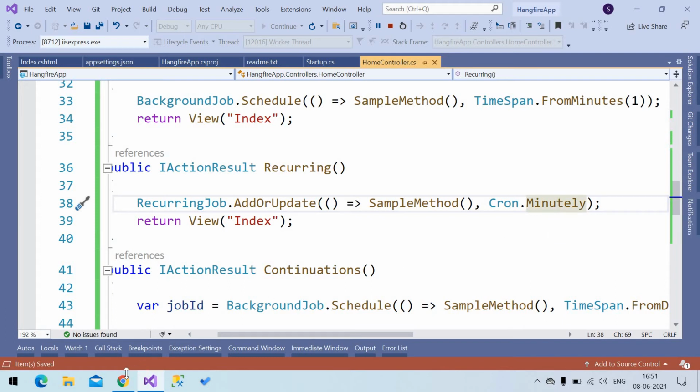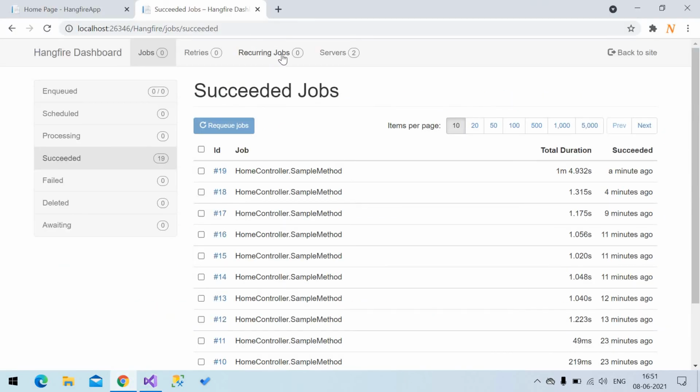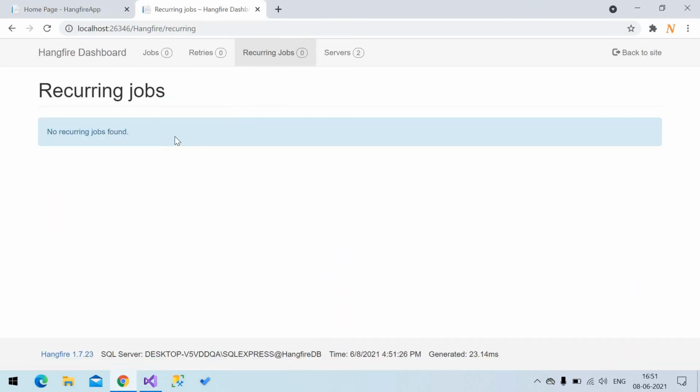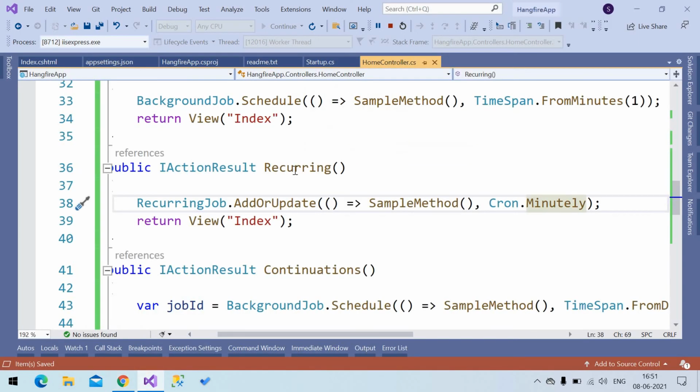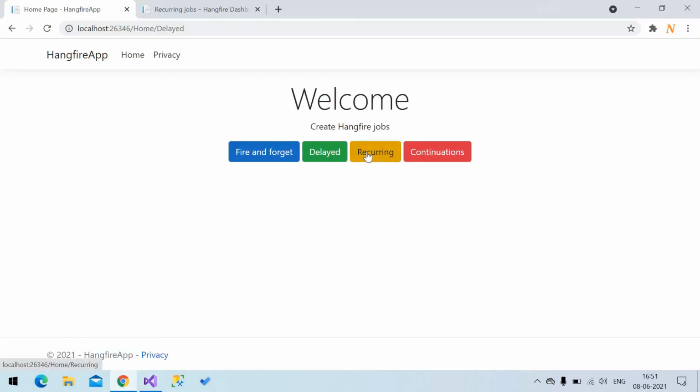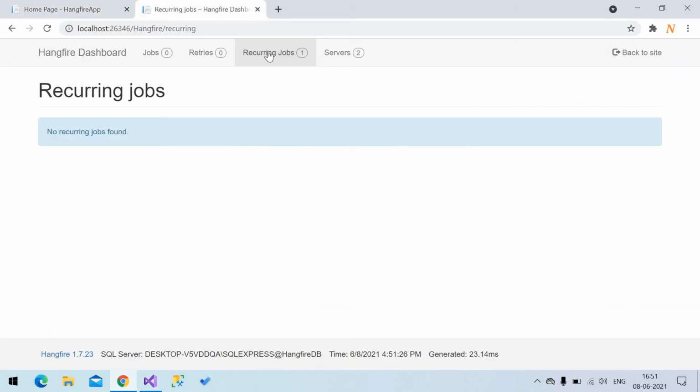So let's see. We don't see any recurring jobs here because we didn't add any yet. If I click on the recurring job button, it will execute this action method so that the recurring job will be added. So here I am clicking on recurring job. After I clicked, we can see one recurring job added.